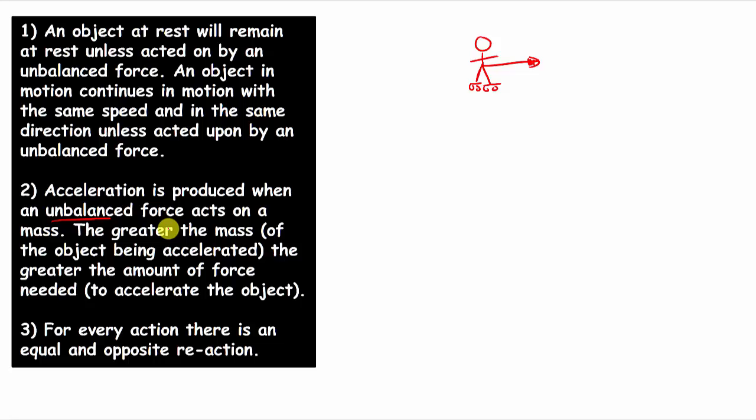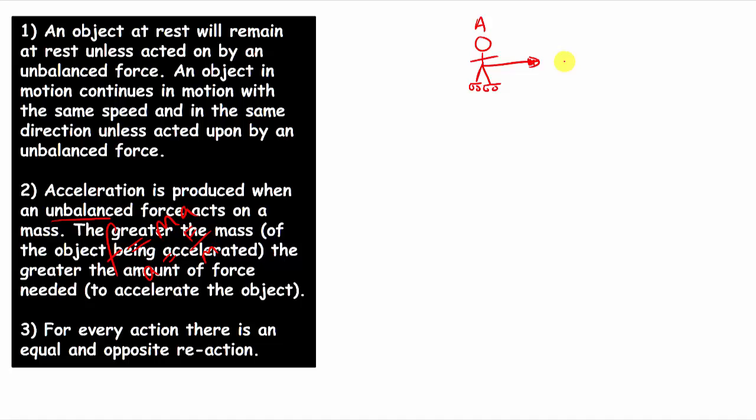All of this is really just saying the equation F equals ma, which basically, if you wanted to know what the acceleration was, you could rearrange it for a, which gives you F over m. It's basically saying make the mass bigger, the acceleration gets smaller. Make the force bigger, the acceleration gets bigger. That's what it's saying. So we've got the person, they've got a particular mass. This is person A, let's say. But in order for them to be accelerated, you've got to apply this unbalanced force to them.